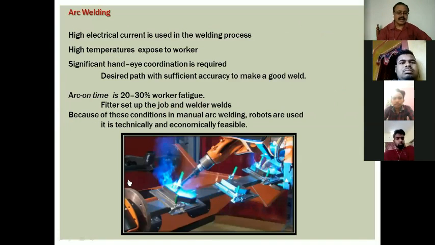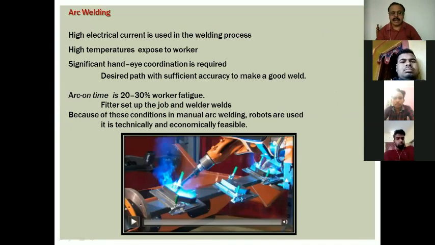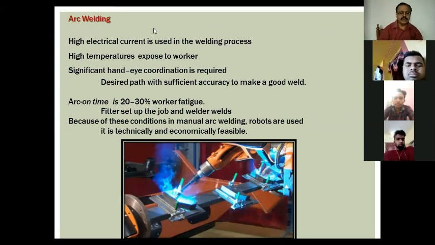Next is arc welding. Arc welding is quite different from spot welding. Spot welding is the resistance type, whereas in arc welding, high current is used and high temperature is generated. It is very much undesirable for the operator. And in arc welding, we have to keep a coordination between the